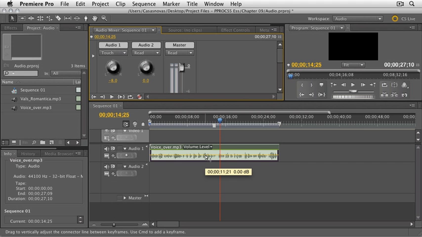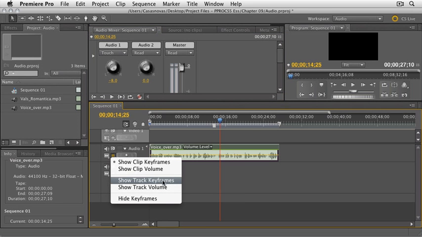And that's different, because if we move the clip and we have keyframes on the clip, those keyframes move with it, even if we change tracks. But if the keyframes belong to the track, then that means that whatever audio you put in there will get the same keyframes that were existing there in the track. So how do we see the track keyframes? That's very easy. By clicking on this little icon here, we can choose to show track keyframes,